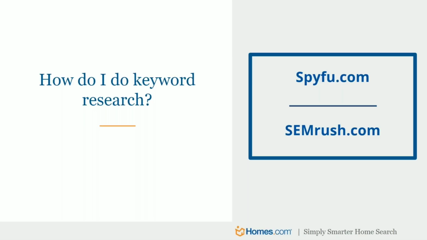So SEMrush stands for search engine marketing, and that'll show you all the different keywords that you rank for, what your competition can rank for, where you stand. SpyFu is really dedicated to different areas of the actual SEO search, and you can really drill down into more specifics that way. But they're great, and they both offer free resources for you to look at what the most popular keywords are, where you're currently ranking, if for any keywords right now, what page you might be on. And so those are really important to get an idea, first of all, where you are.